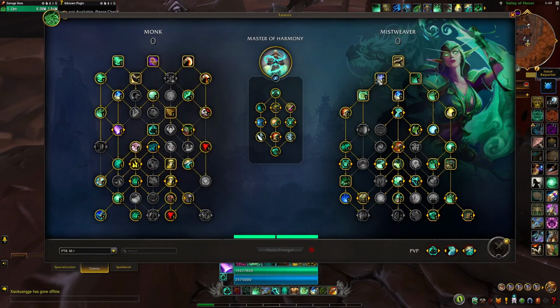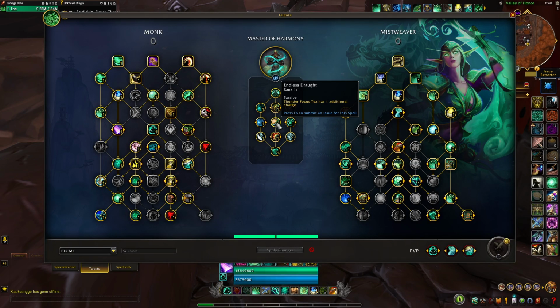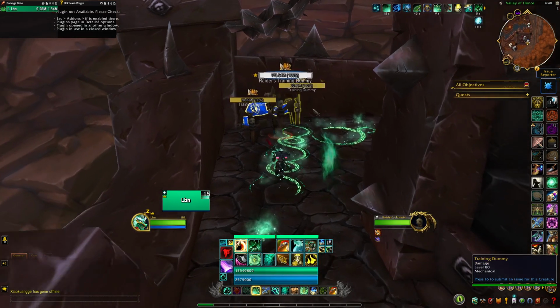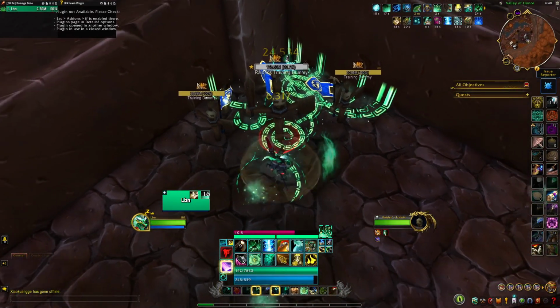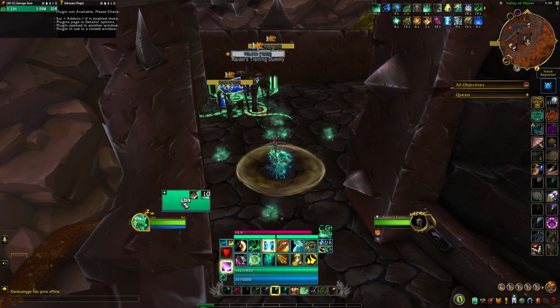Thunder Focus Tea is a spell that has a 30-second cooldown and has 2 charges if you opt for the hero talent tree Master of Harmony. It can enhance your next Rising Sun Kick, Enveloping Mist, Vivify, Renewing Mist, or Expel Harm. The spell that you choose to enhance most often is going to be Rising Sun Kick as it drastically reduces its cooldown,